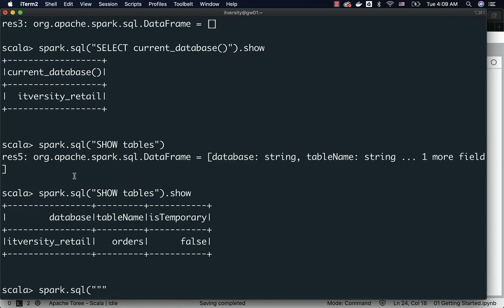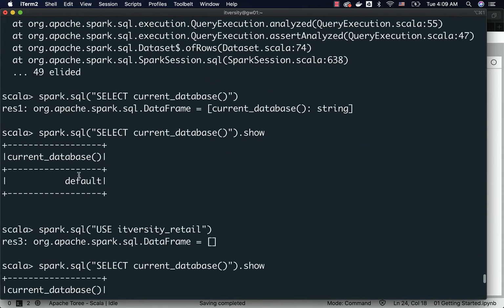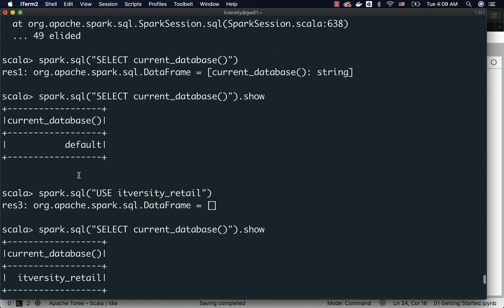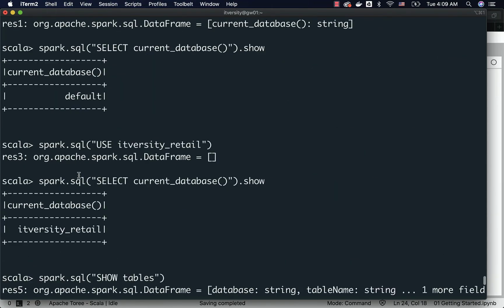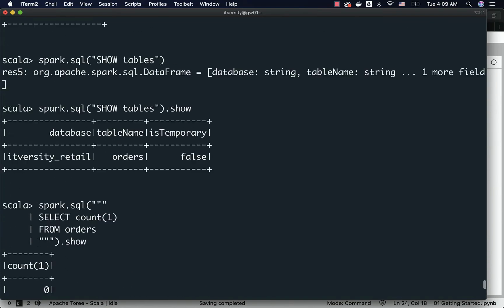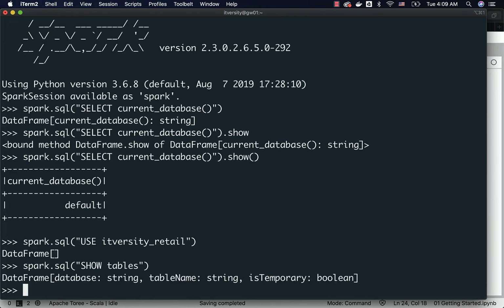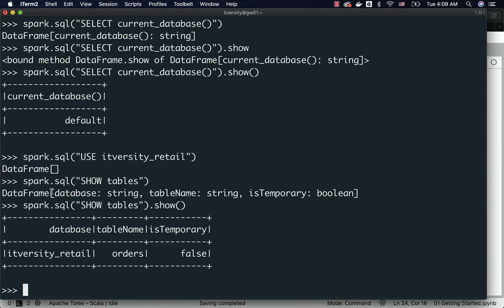Also, you can actually use command to switch to the database. I thought I have used use command. Let me see where that use command is. Yeah, this is where I have used use command. So let me use this use command. Now let me use the show tables command. Once again, if you don't use show, it will not display the results. It will just return the data type. To display the results, you have to use show with the circular brackets if you are using Python as programming language, and you can see the results.